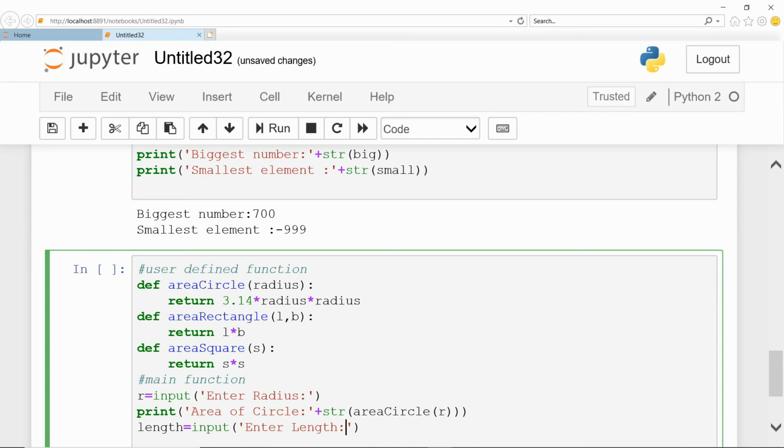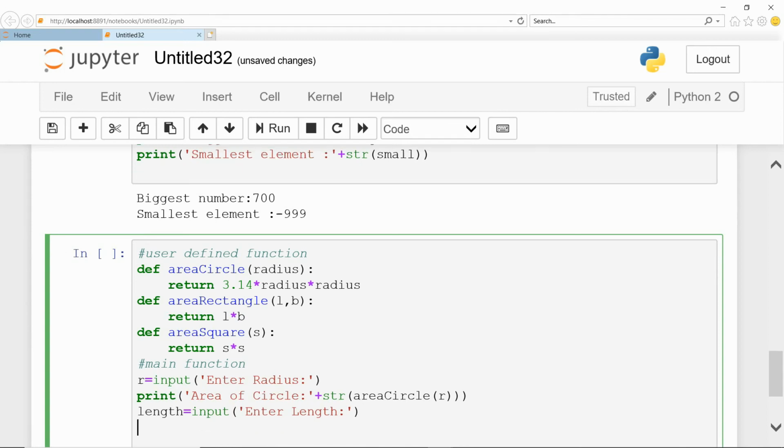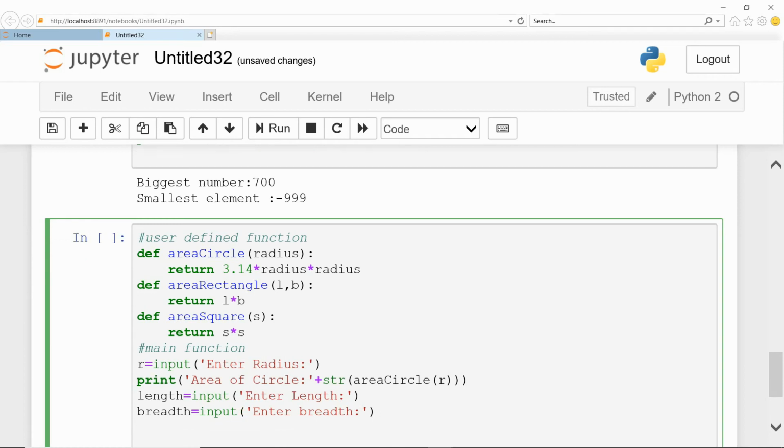Next, breadth equal to input, enter breadth. Now call the function area_rectangle. You can store the result into a variable also in this way.